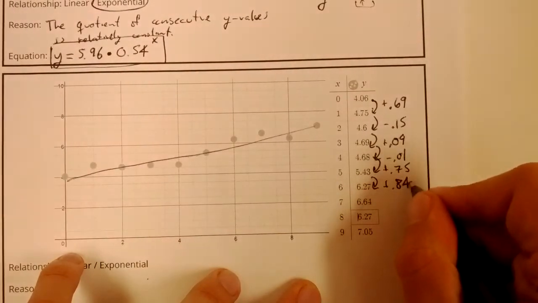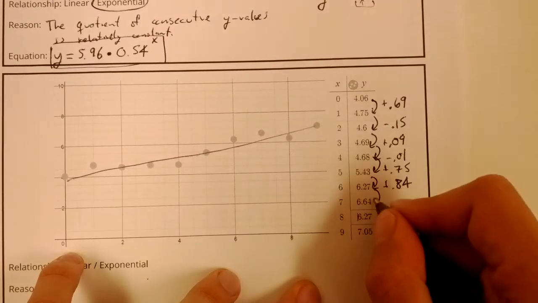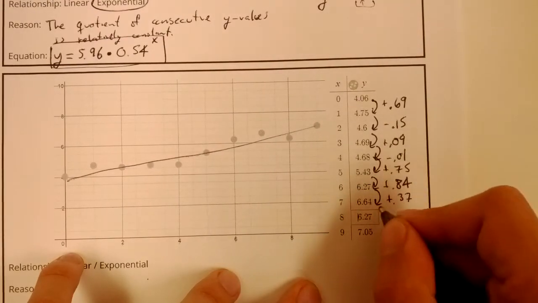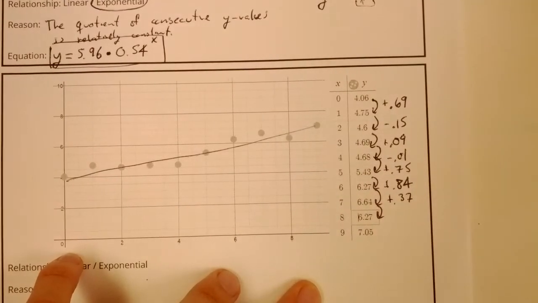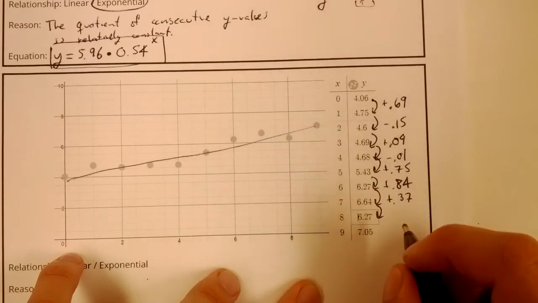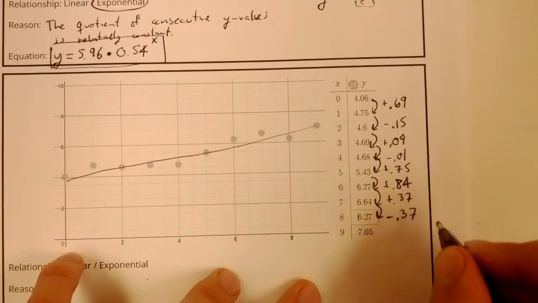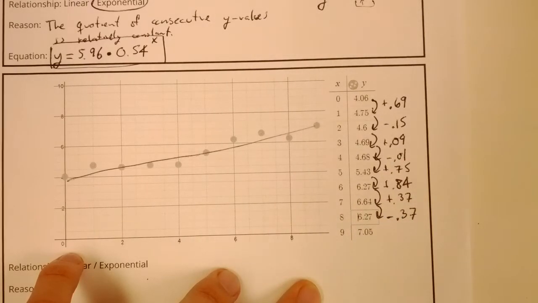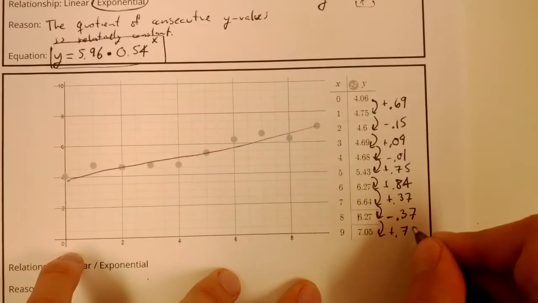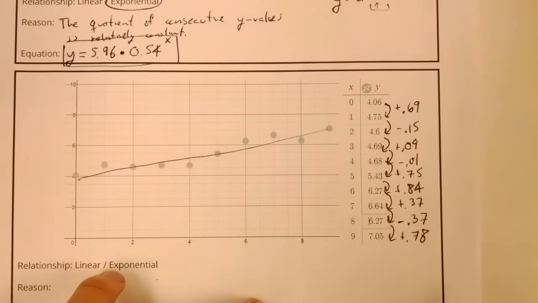plus 0.84, plus 0.37, and to be minus 0.37 and plus 0.78. Right. Now, in any data we have that arises from natural circumstances, you're going to see a